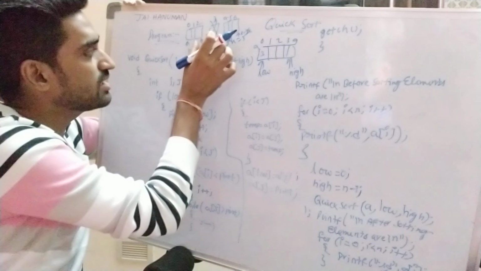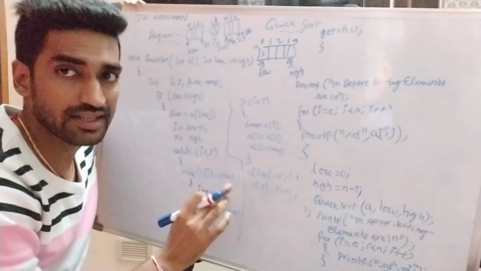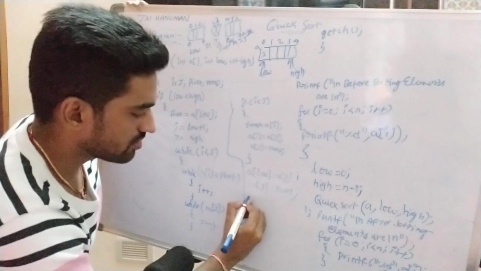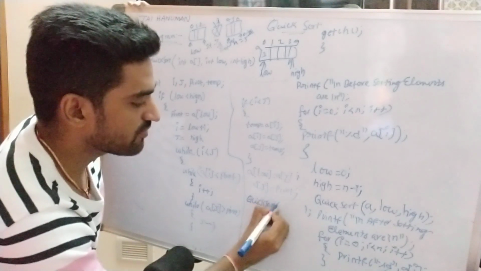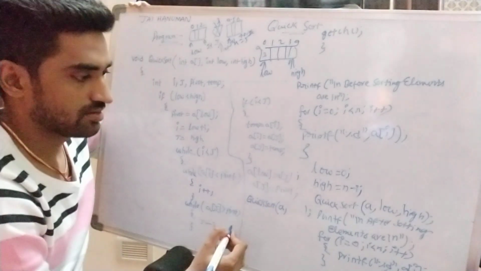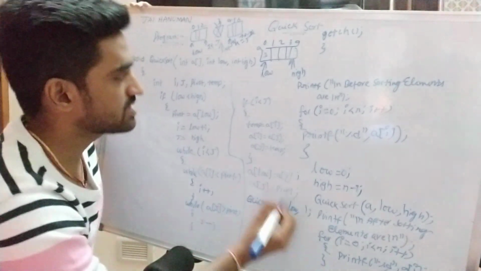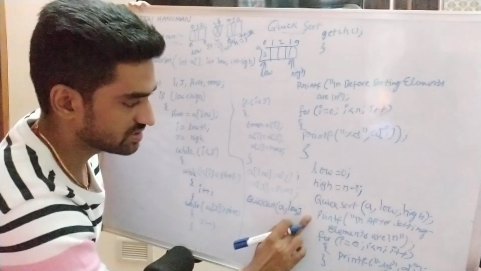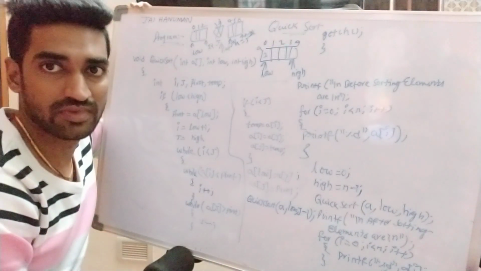So here I am calling this function recursively for the left subarray and the right subarray until all the elements in the array are sorted. So I am calling these two functions, quicksort of A. What is the function for the left subarray? A, low is the same. What is the higher boundary value for the left subarray? j minus 1. So this function call is for the left subarray, right?